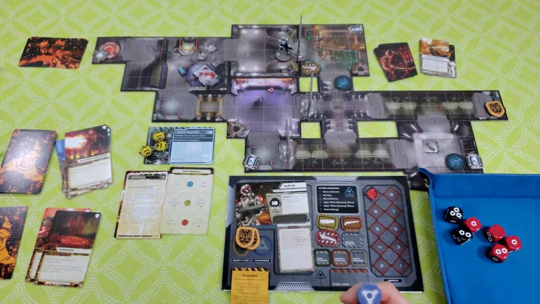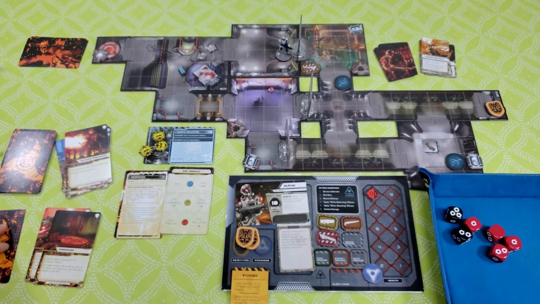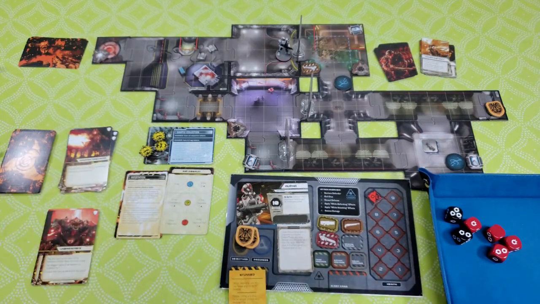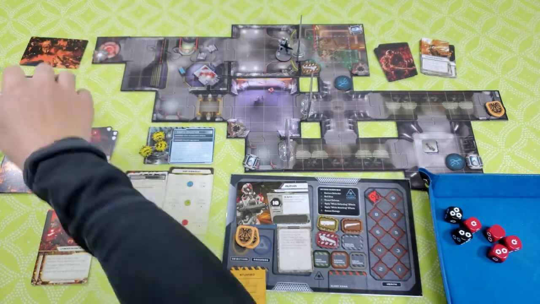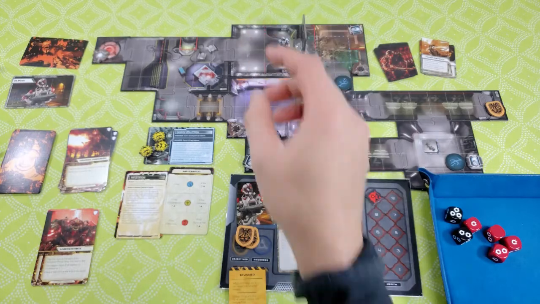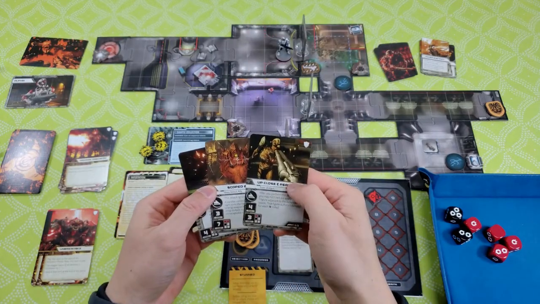We're gonna start the activation. We do, and staggered value increased by 1. And we know I'm going. So I'm gonna go ahead and open this door. Sorry, not yet. I'm gonna see what I can do here. I'm going to do